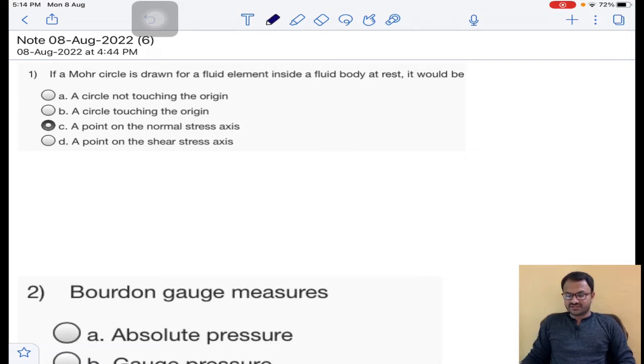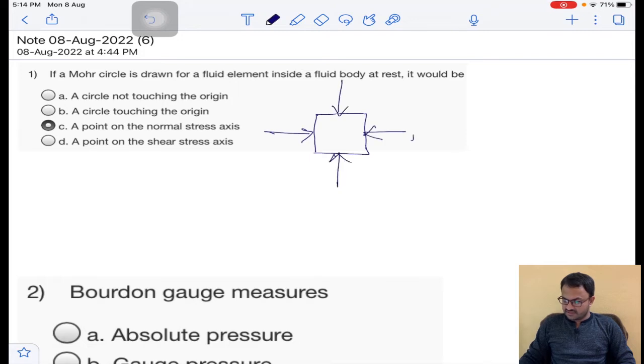So you can see here in the first question, if a Mohr circle is drawn for a fluid element inside a fluid body at rest, what would it be? For example, I have taken one fluid element. Obviously, whenever an element is in the fluid, it will be subjected to compressive forces on all sides. So this is one compressive force, this is another, and this one, that is sigma here, is the same. Now if we draw a Mohr circle, the center of the Mohr circle will become